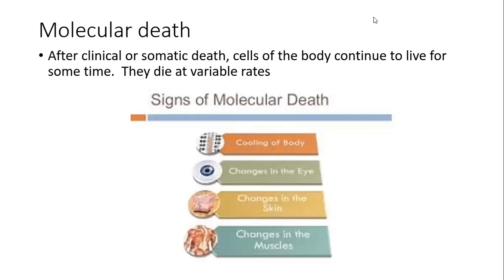And then after clinical or somatic death, the cells continue to live for a while, and they die at variable rates. So you see some of these changes, body cooling, changes in the eye, for example. Early signs of somatic death include pallor, cooling, dilated pupils. As the fluid drains, you get these peaked features, and then you will see lividity. That's when all the blood drains. And then cellular death begins to occur